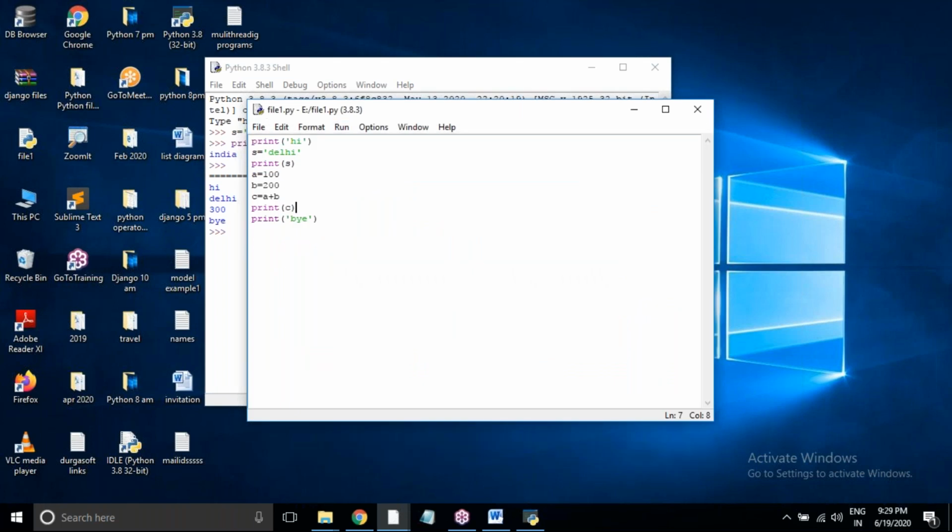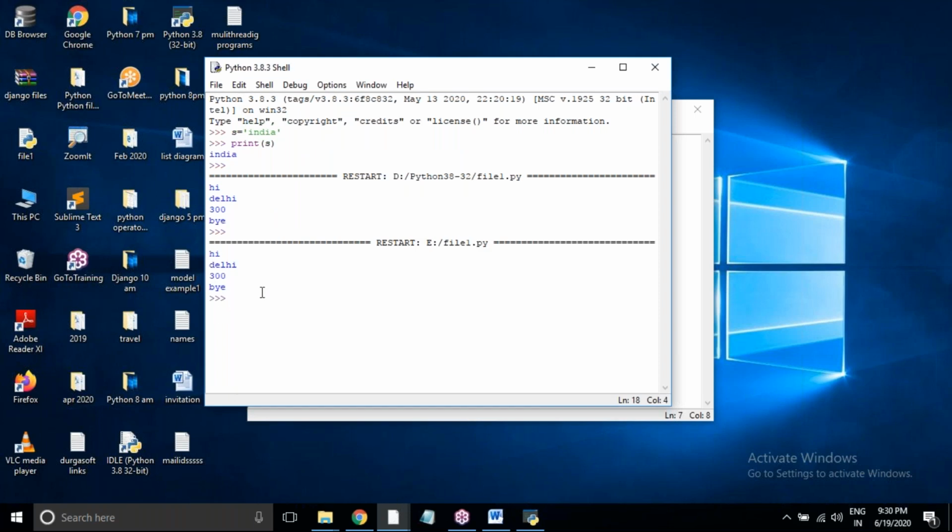Here you can see the location e:// file1.py. You can save the file in any location, and you can run the program in IDLE.